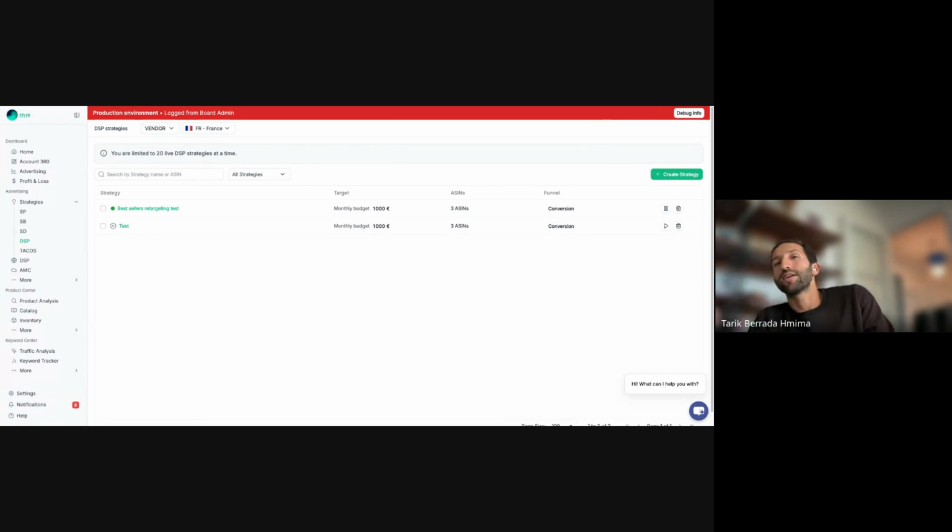And then if you see value and you measure on protein bars the overall impact, if you like it, then you can do it for other categories. And I would do the same 3 per main category. But again, it depends on how big is the category and how big is your sponsored ads budget.